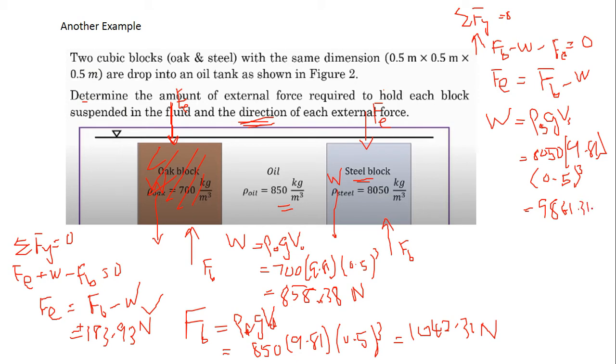0.31 Newton. Okay. Next. What's next? Find the FB. Okay. Rho g V of fluid. Of rho of the fluid. Okay. Times g times